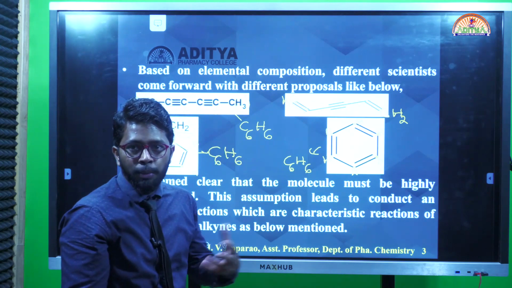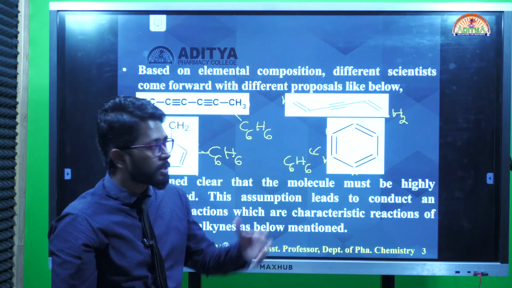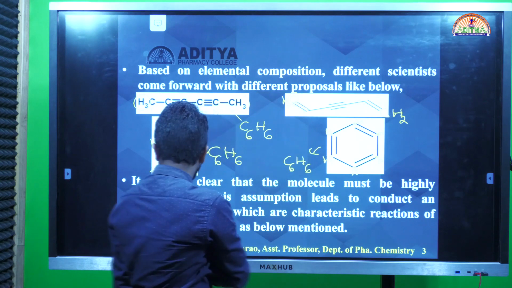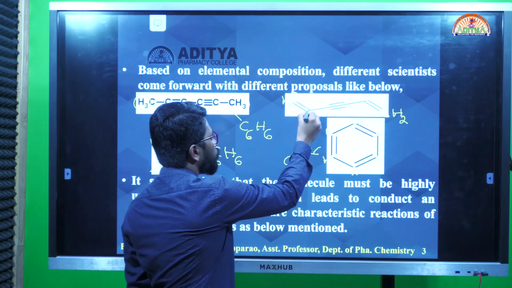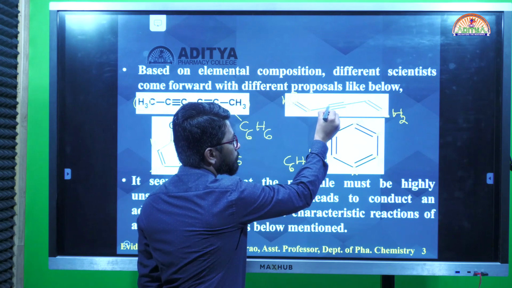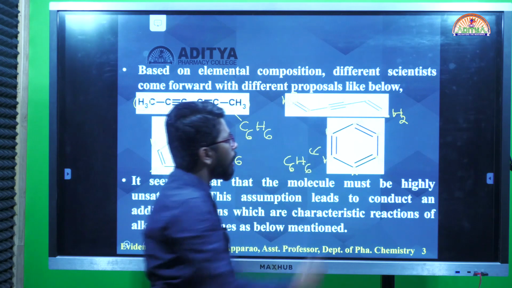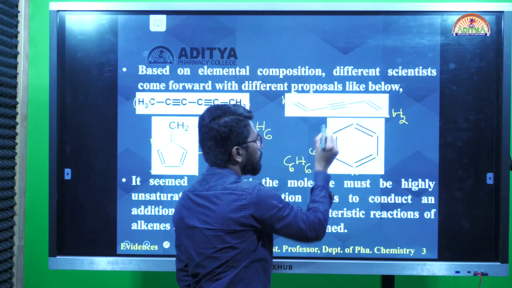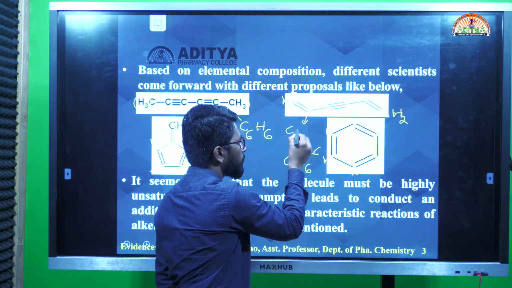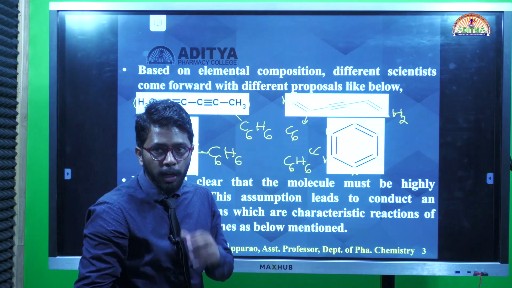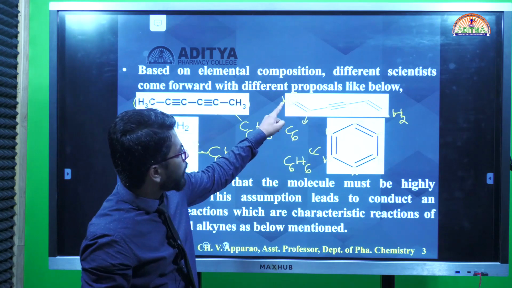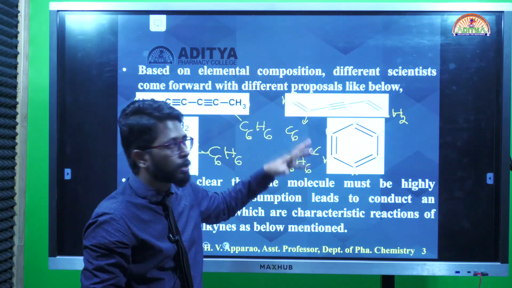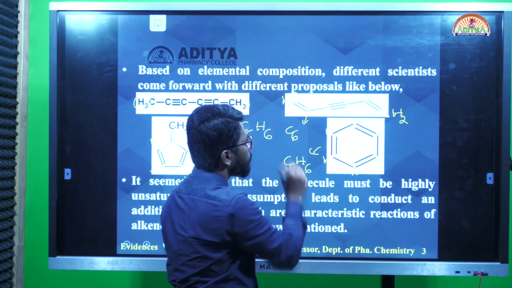Now let me count the number of carbon atoms and hydrogen atoms in this structure. 1, 2, 3, 4, 5, 6. For this also, the total number of carbon atoms is 6. Now let me count the hydrogen atoms. The terminal endings have 2 hydrogens each, total 4 hydrogens. Okay, fine. Now coming to here,